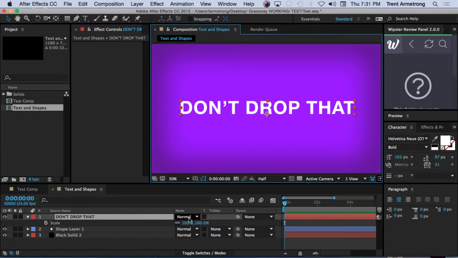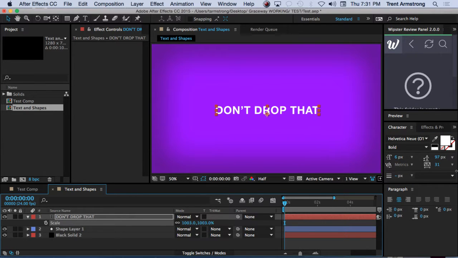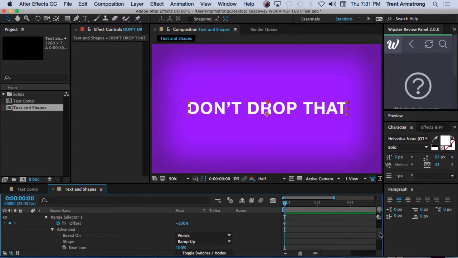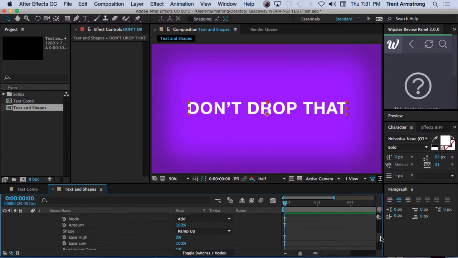And After Effects works on a pixel by pixel basis with that kind of stuff. So if your text is small and scaled up like that, and then you use your text animator here, when you change your position,